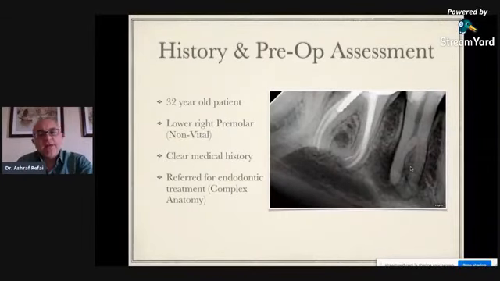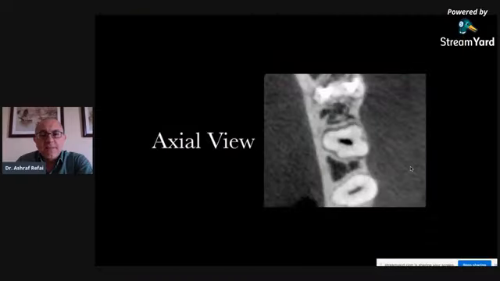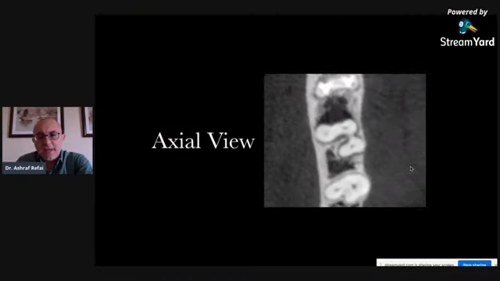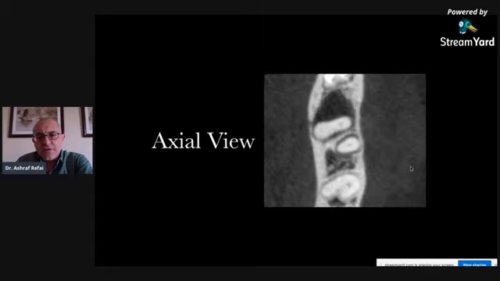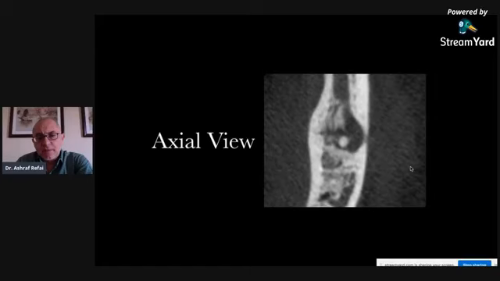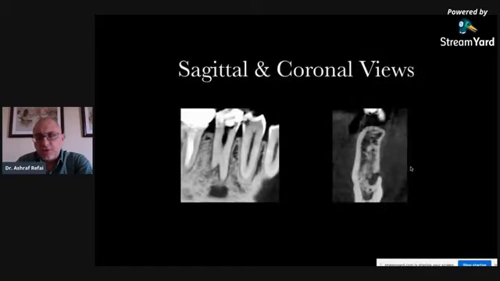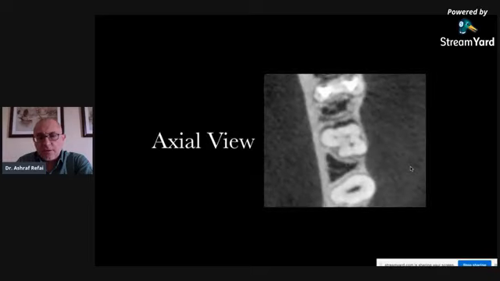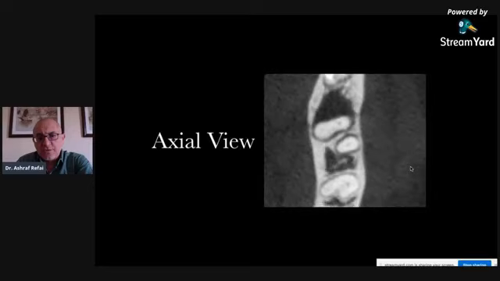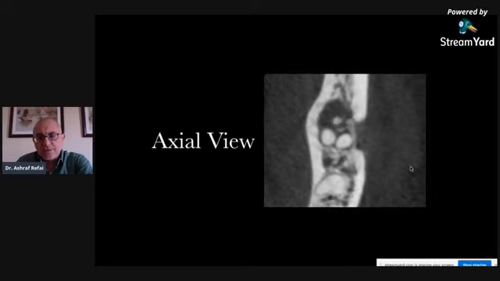So immediately when I get aberrant morphology or something that's out of the normal or the ordinary, I immediately go for a CBCT. And this is the axial view of the CBCT. You can see it moving apically, and you can see there are actually 3 root canals and a lateral lesion. Again, we can look at that. So that's the axial view. I'm going to show it again. There you go. You can see a trifurcation, a separation into three separate root canals.